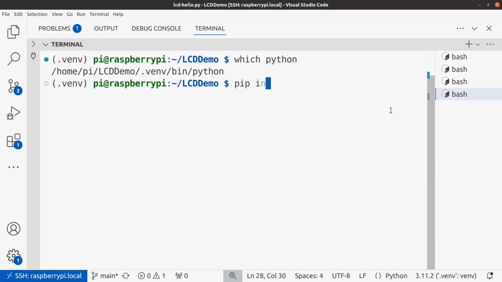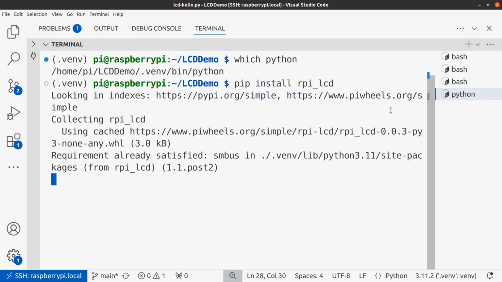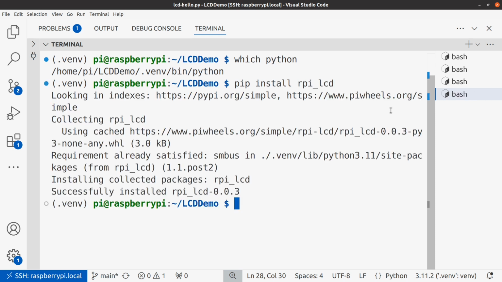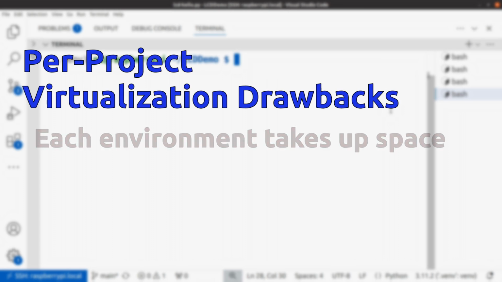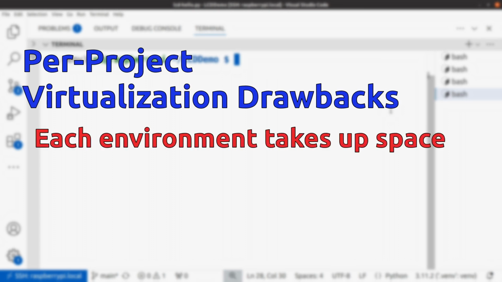Per-project environments do provide the best isolation, preventing conflicts between project and system packages. However, they have drawbacks. Each environment takes up space. If you have many projects, storage use can balloon, becoming an issue especially on devices such as Raspberry Pi.